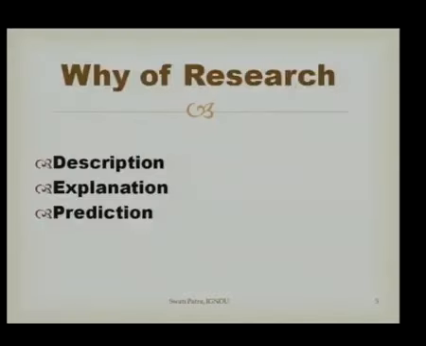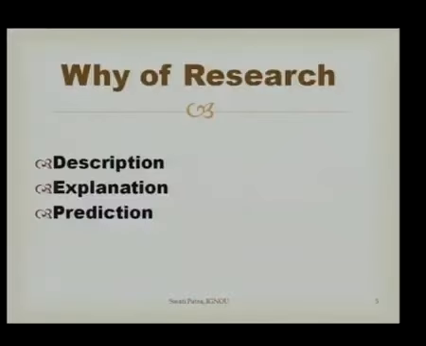Okay. Now, the next aspect is the why of research. When we talk about why we do research, this focuses mainly on three aspects: description, explanation, and then prediction. Description, as you are aware, focuses on describing a particular phenomenon. For example, what is the prevalence of depression among the adolescents. Okay. So this will describe the prevalence of depression among the adolescents. So description mainly focuses on finding out the what. Okay. It doesn't address the why of a particular phenomenon, but it addresses the what of a particular phenomenon.